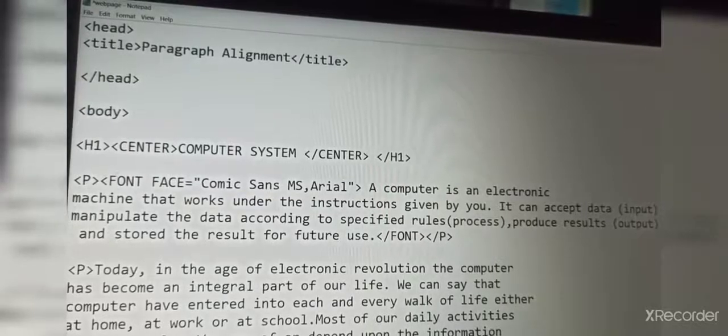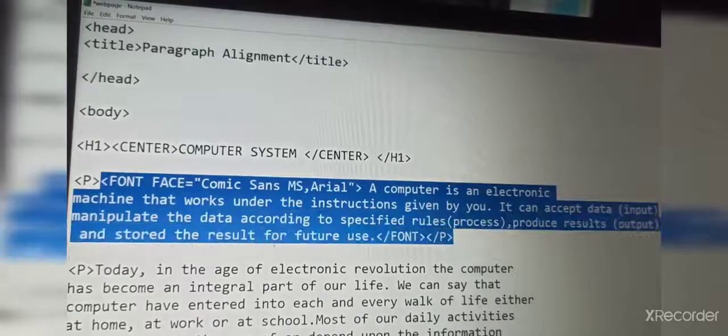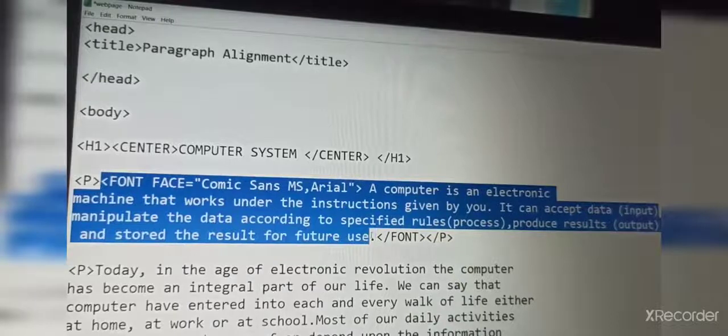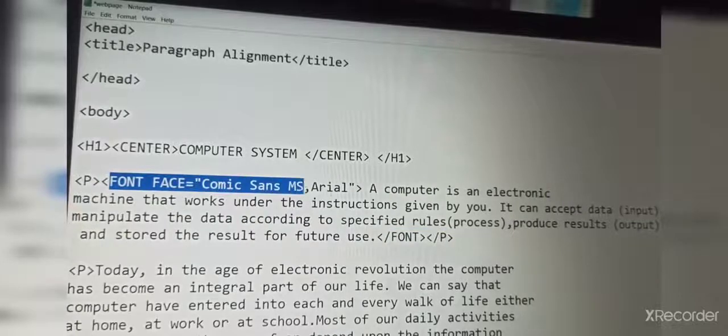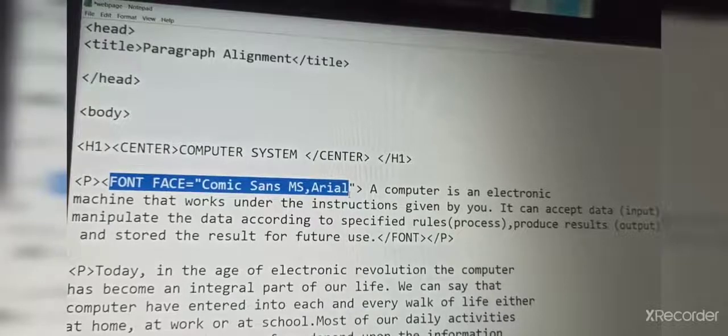Now we are going to see changing the font of a text. Here in the first paragraph we are going to change the font. We are going to change it for paragraph 1. We have given a font. Which font have we given? Arial. Okay, Arial font we have given. You can give any type, Times New Roman or other fonts also. See here, we have given the Arial font to the first paragraph.